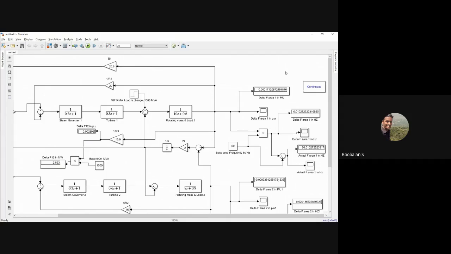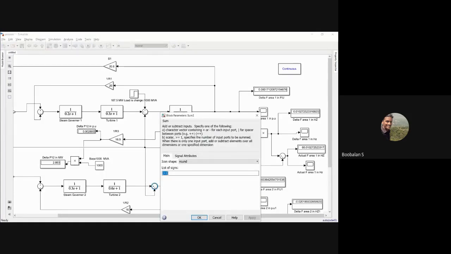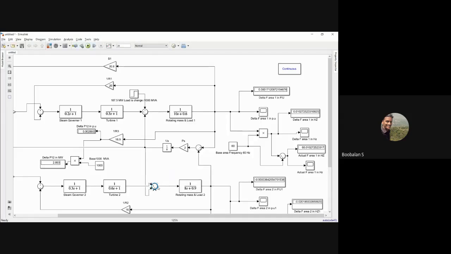Yeah, please. Use a step change for. Yeah, super, very good. We're going to introduce a step function on this area, right? So this rotating mass, now we'll just double click on it, right? We're just going to add one more minus symbol in between, right? In between. Yeah, not in between. We need to introduce